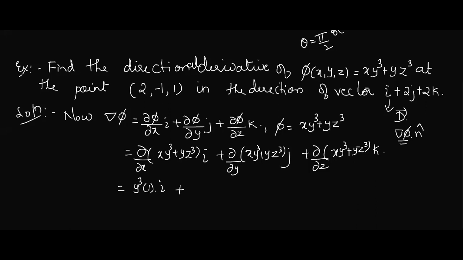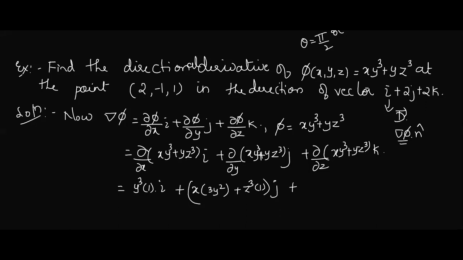Plus, what is the derivative with respect to y? y is appearing in 2 terms, isn't it? So you'll get it for both the terms. x is constant here. What is the derivative of y cube with respect to y? It is 3y square. Plus the derivative of y z cube, which is z cube into 1. Now there are 2 terms, so be careful and take a bracket, else you will take only the last term, which is wrong. Similarly, with respect to z, only one term.